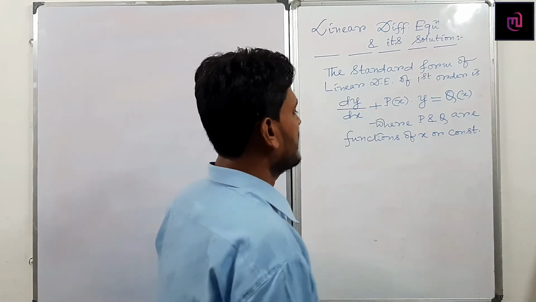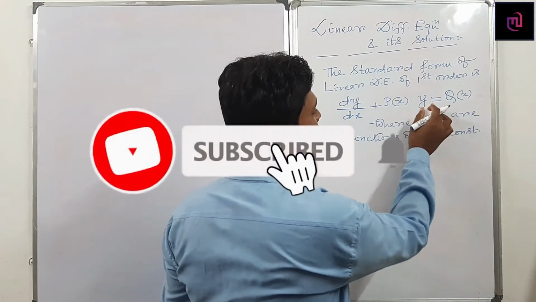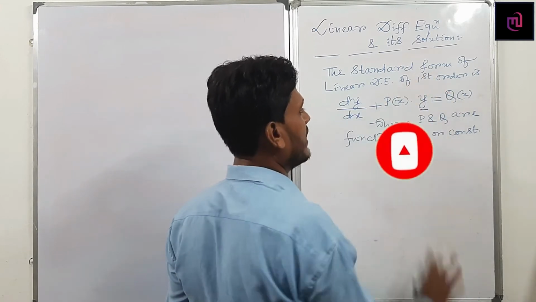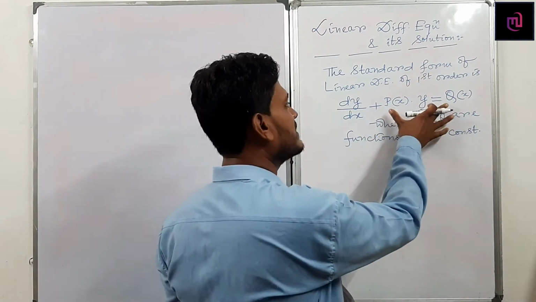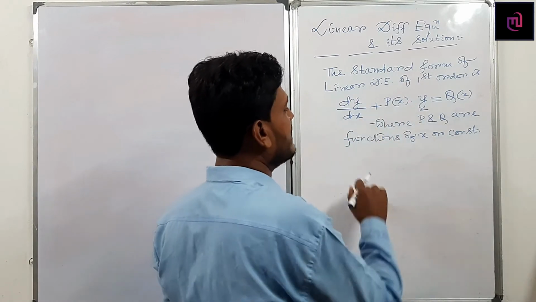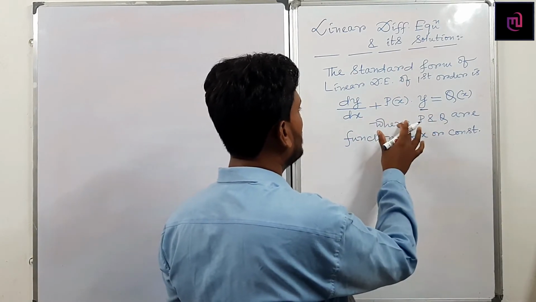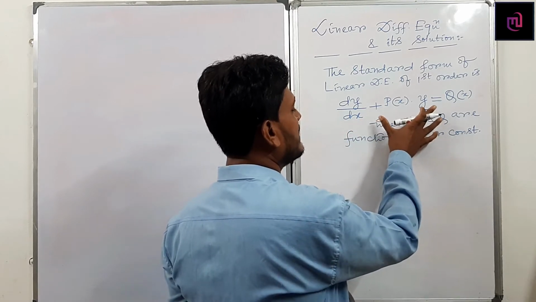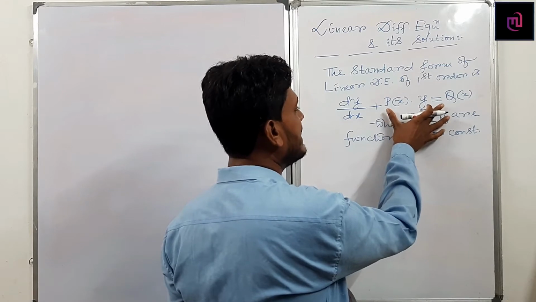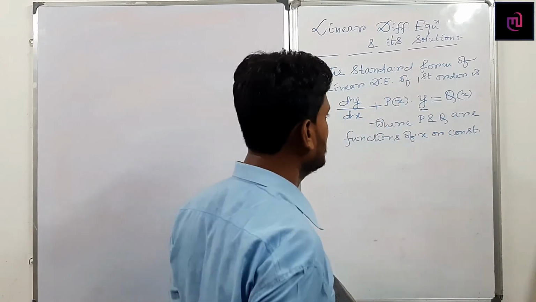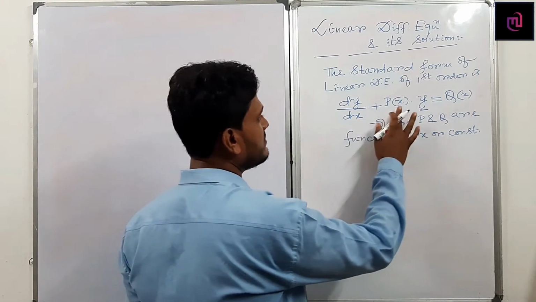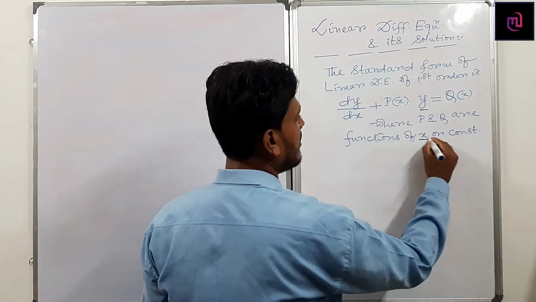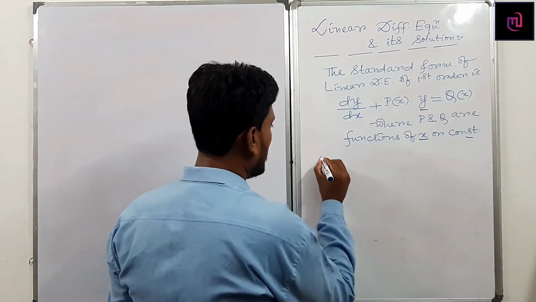Then check it. Then can you say the degree of the dependent variable? So here dependent variable it becomes y. So degree of the dependent variable it becomes 1. Again we can check it. So we can say this is linear differential equation. Again we can check it. Can you get any product of dependent variable and its derivative? No. So that's why this equation is known as linear differential equation of first order. Here I have written dy by dx plus p into y equals to q, where p and q are functions of x or constants. So how to find the solution?